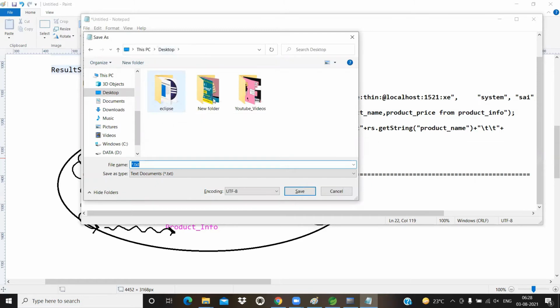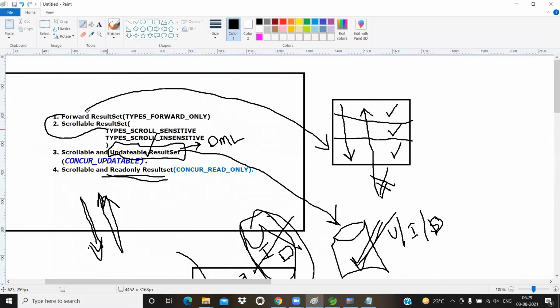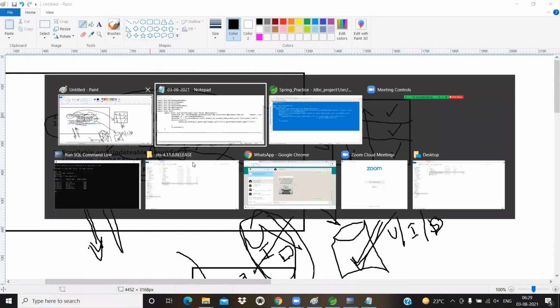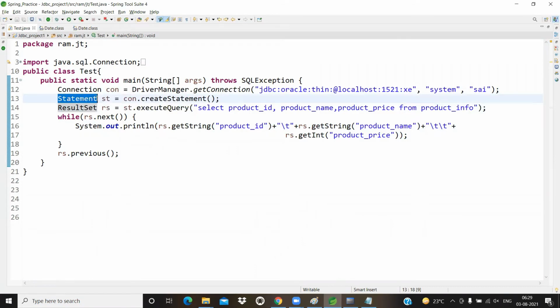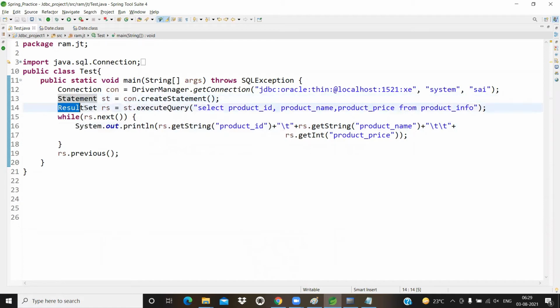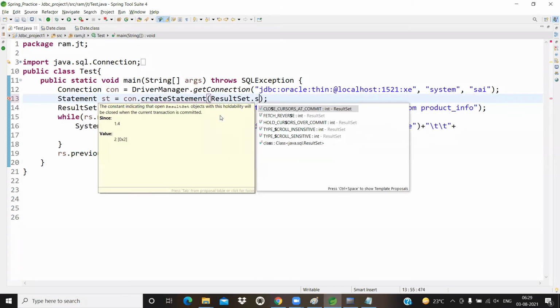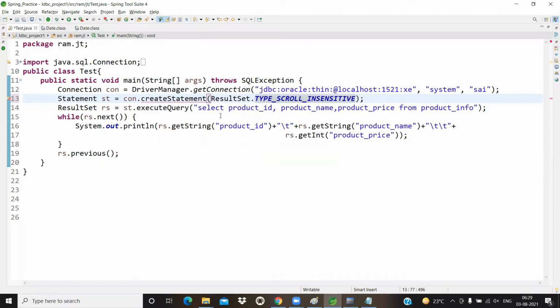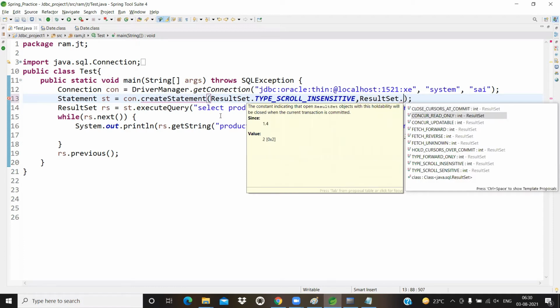Now observe here. Now let us work with scrollable. Later we'll see the intention of sensitive and insensitive. Okay, let us try to open this one. If you do not tell the statement what type of result set you require, then the statement object by default creates a forward only result set. But now I'm telling the statement object I require a scrolling result set for read only purpose. Result set concur read only.